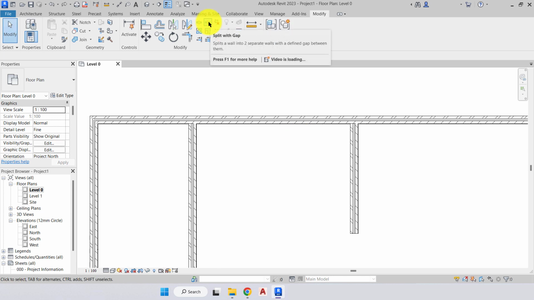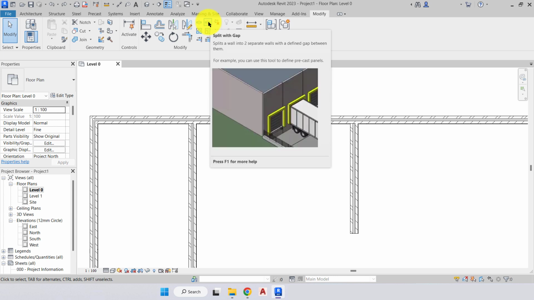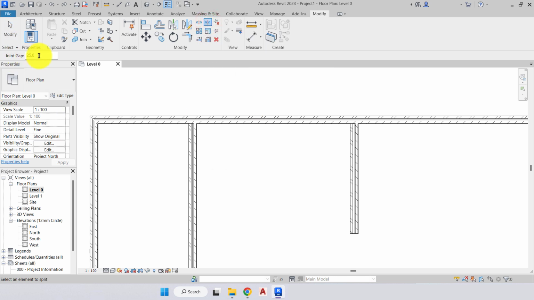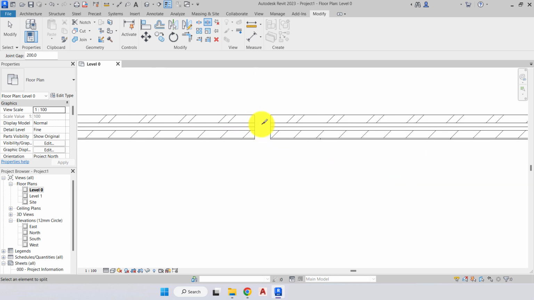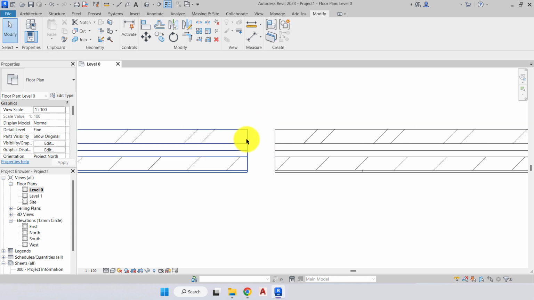Next over is split with a gap. So we can choose that option, and down in the options bar we have joint gap and it's set to 25 mil. So when we use the split with a gap tool, when we click once, it'll make a gap in the wall. I'll bring that up to 200 so it's more clear on the drawing, and one click of the mouse creates a 200 mil gap